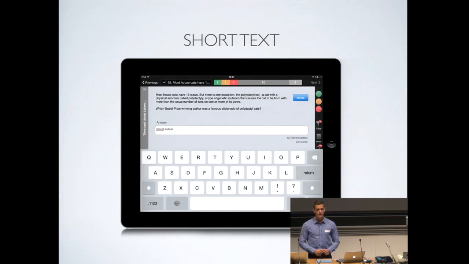Then the short text answers, where you want the students to give an answer in the form of a few words, maybe even only keywords. And the interesting thing about this question is that you can really limit the amount of words that is allowed,